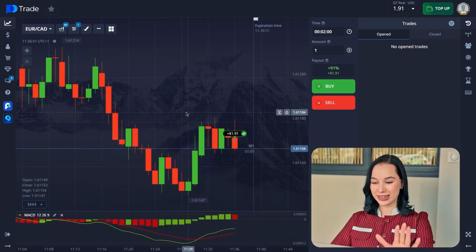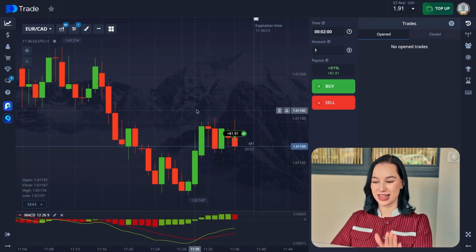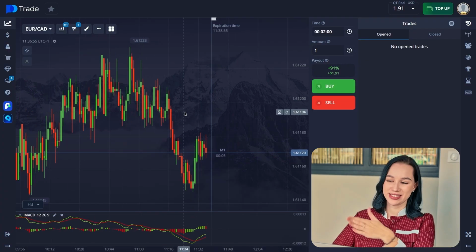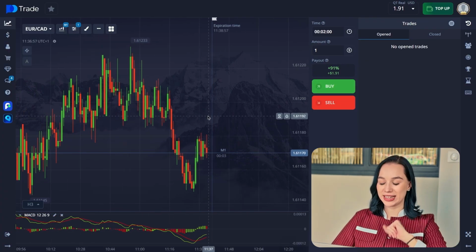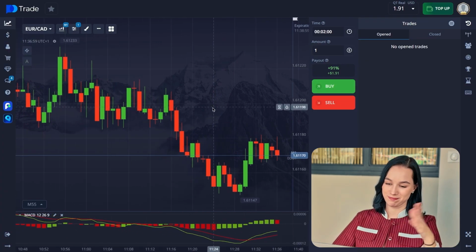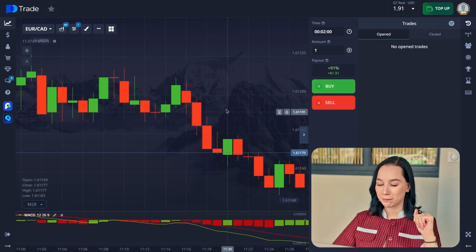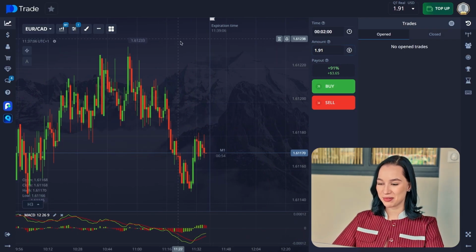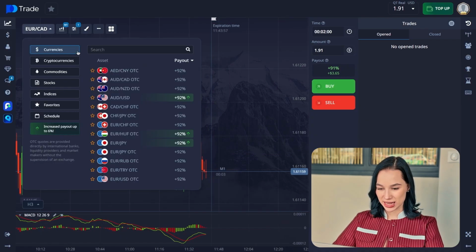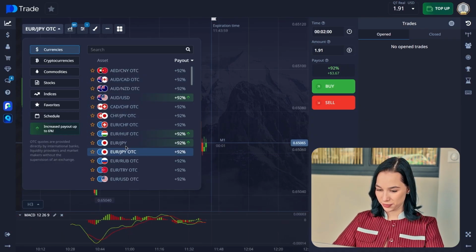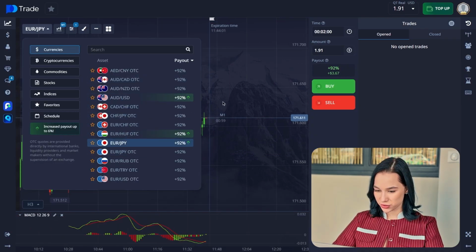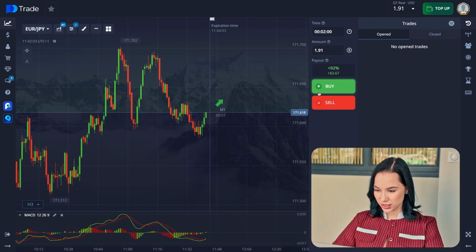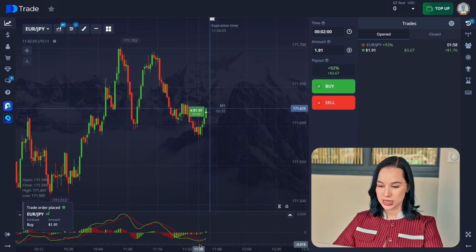Okay, perfect. That was the hardest 91 cents I ever made. Because as you can see, now we have $1.91 in the balance. Okay. That was not easy. But let's change the amount of money per trade and let's find some other currency pair for opening a trade. Here, let's open a buy trade, of course, for 2 minutes because it was a downward